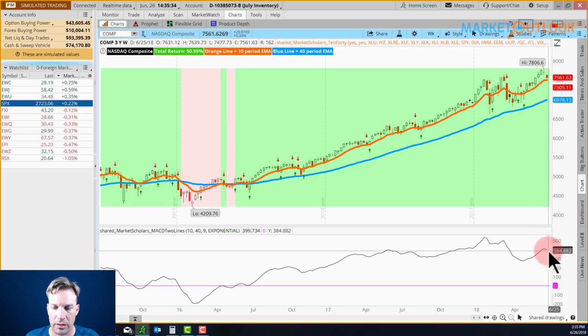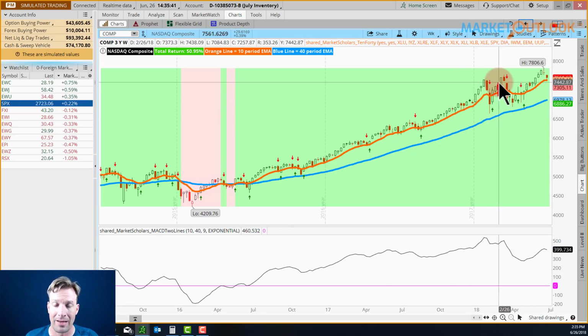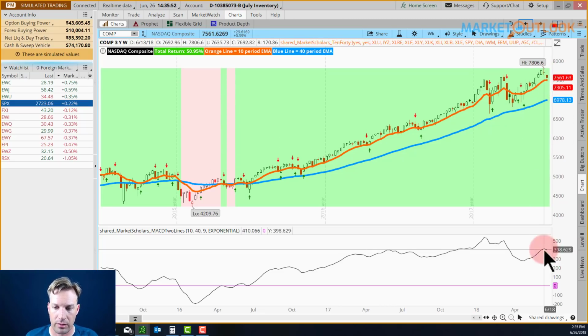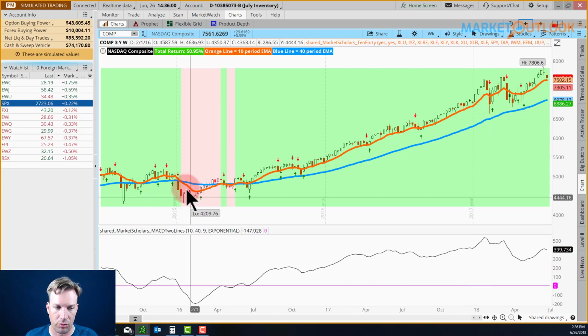And remember, it's hard to fall off a cliff from very strong momentum levels. We can, and when we do, we typically bounce right back that fast. So if we do fall off a cliff and drop sharply below here, that will be the buying opportunity of the summer. Until then, we tend to grind. This is going to move its way towards zero, but it's going to move slowly through lower highs and lower lows and get much closer before you fall off the cliff below the 200-day moving average and stay down there for a while.